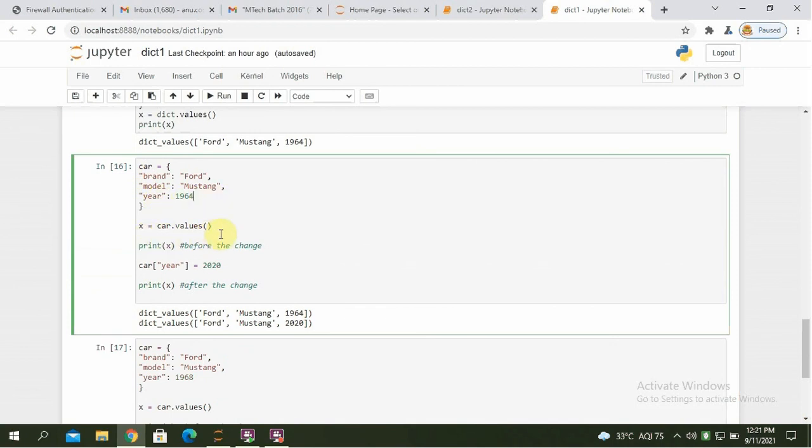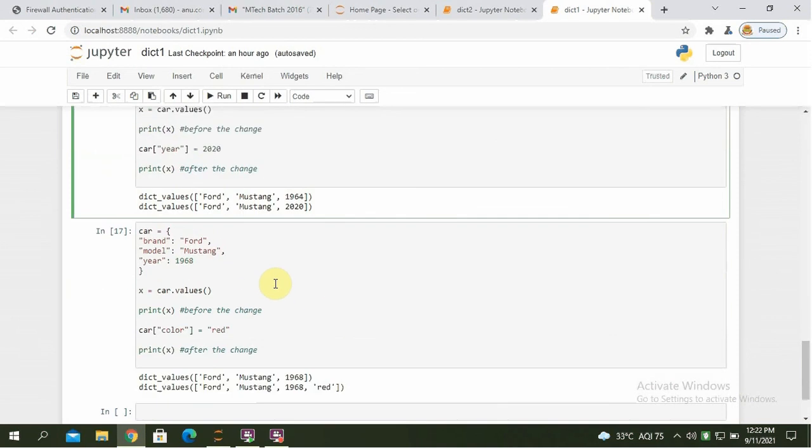X equal to car dot values, print X. Car year equal to 2020, print X. Run it and the output will be dictionary dot values Ford Mustang 1964 before the change. Now the dictionary values are Ford Mustang 2020 after the change.